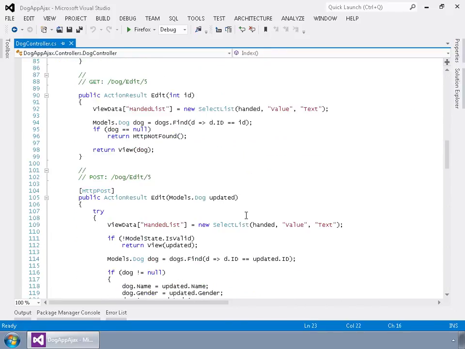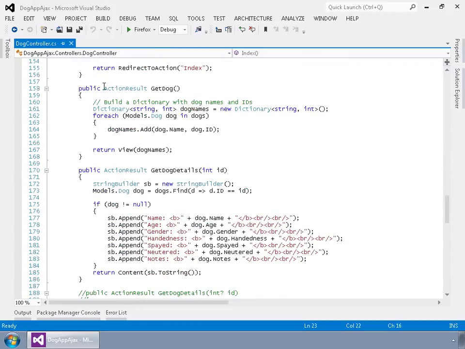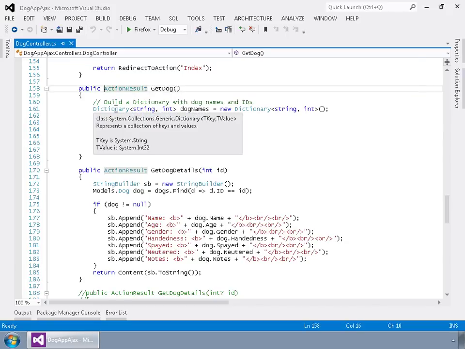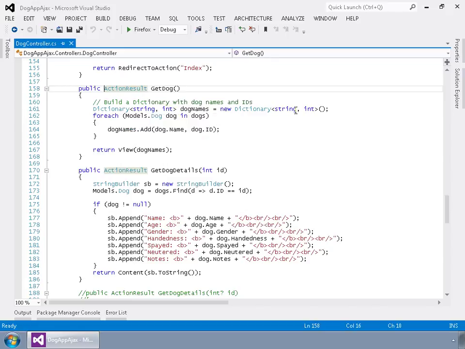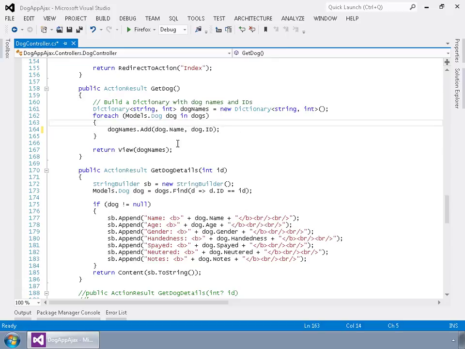We'll scroll down to our getDog controller method here. Okay, so here is our action result for getDog, and what it's doing is that it starts out by building a dictionary of dog names, and then it loops through those and appends to the dictionary object for the dog names, adding the name for the key and the ID for the value to keep them separate. And then at the end of the day it returns the dog names dictionary to the view as the model